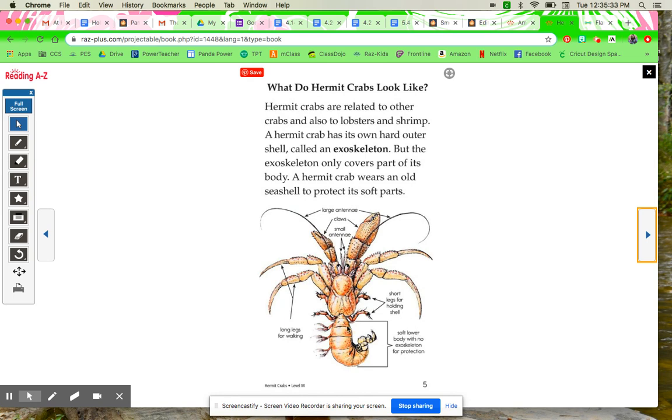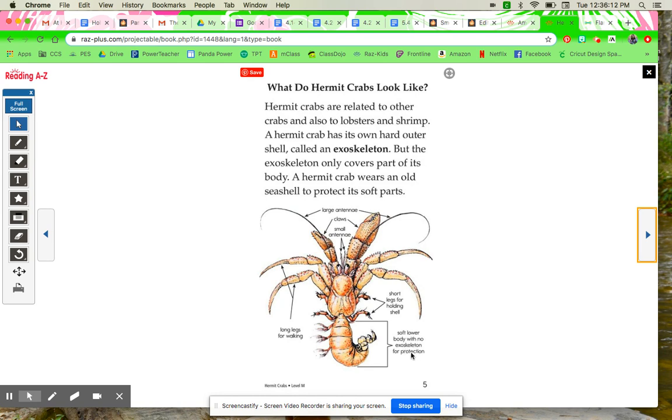So this is very interesting because we get to see the hermit crab without his shell, and we get to see that these are the long legs that we will usually see. Usually you see his antenna, his larger antenna, and then his claws. How interesting. I love the claws. But then you don't always see as much some of these shorter legs that are for holding the shell. So he's got these that help him to walk, but the diagram also helps us to understand, oh, okay, so he has shorter legs that are inside the shell, and that's what's holding the shell on him. And then down here, again, this part we do not see, but this is the soft lower body